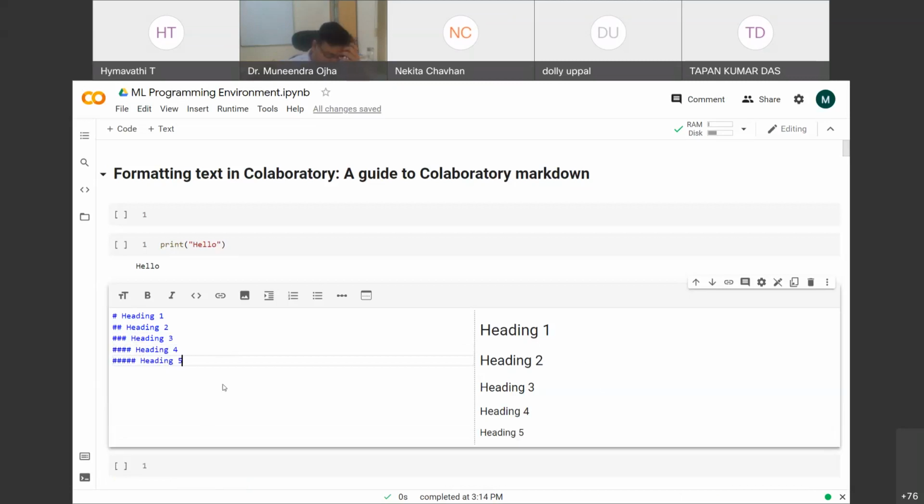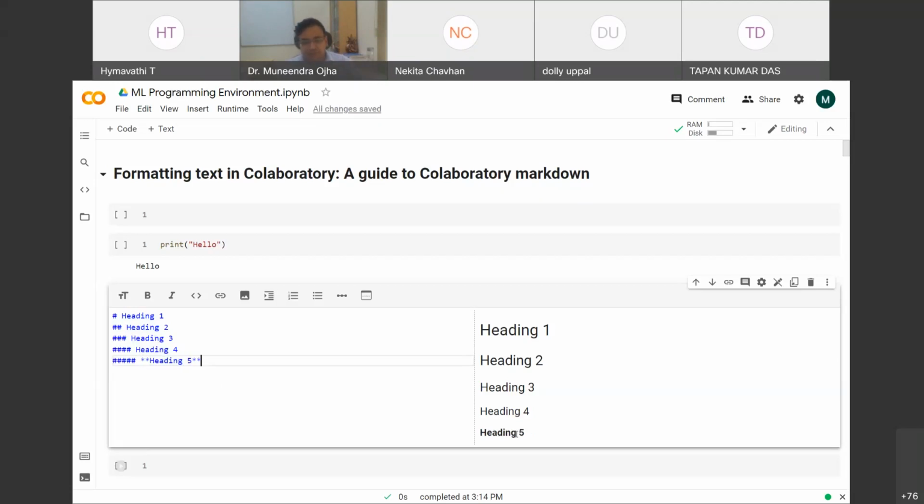Now, if I have to convert it into bold and italics, I just need to surround them with asterisks. If I have to convert anything to bold, I will surround it with double asterisks like this.